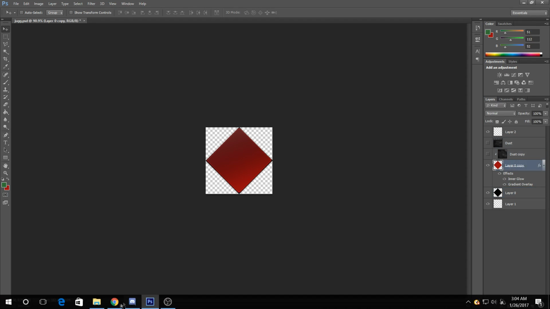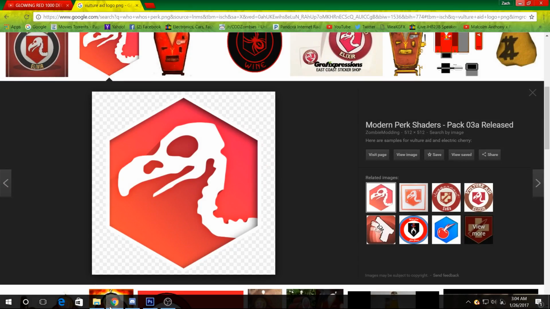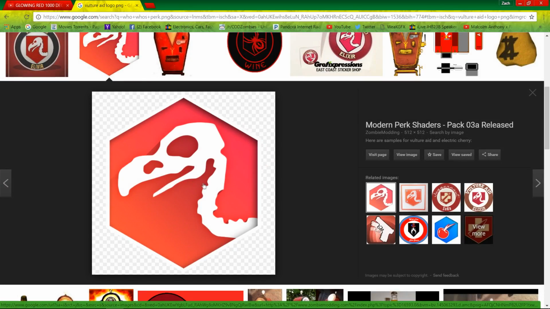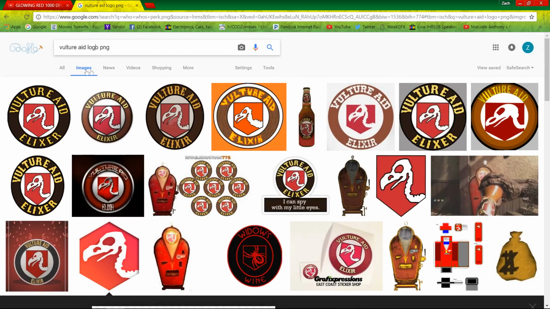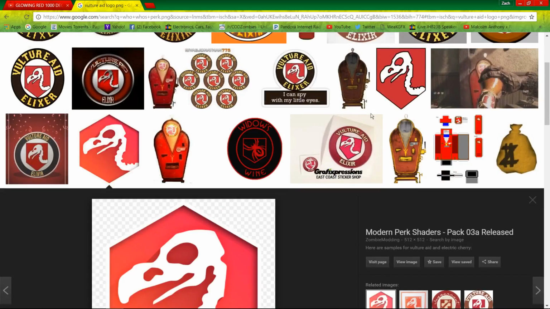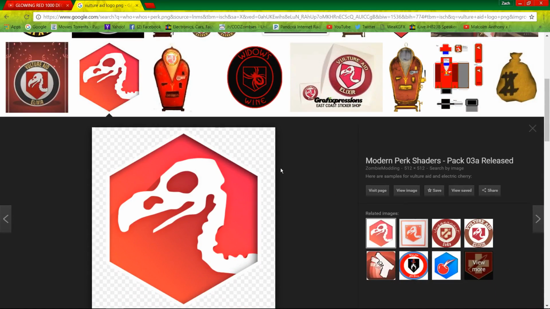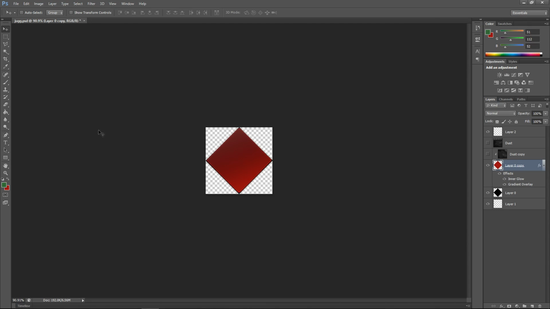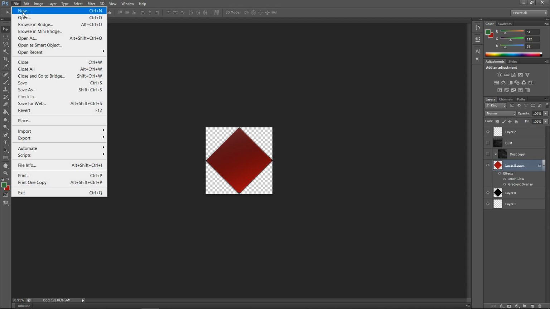Now, if you don't like my pack that I include that gives you all these images in vector, then go on Google and use the method that I show in this video to make your own. Once you have found the image that you're going to take the vector from, Vulture Aid in my case, I'm now going to want to open up Photoshop and go to File, New,